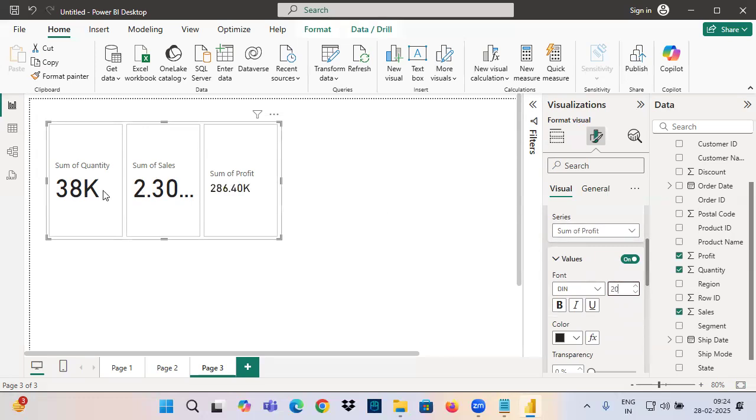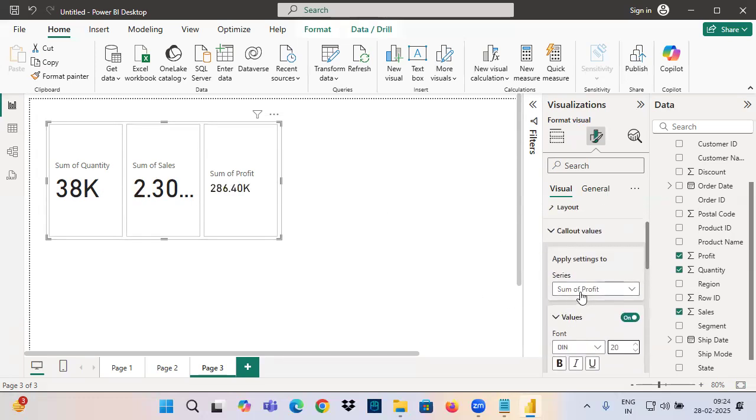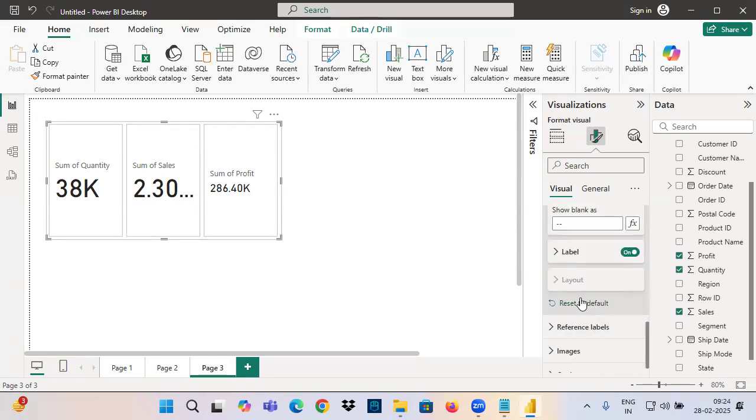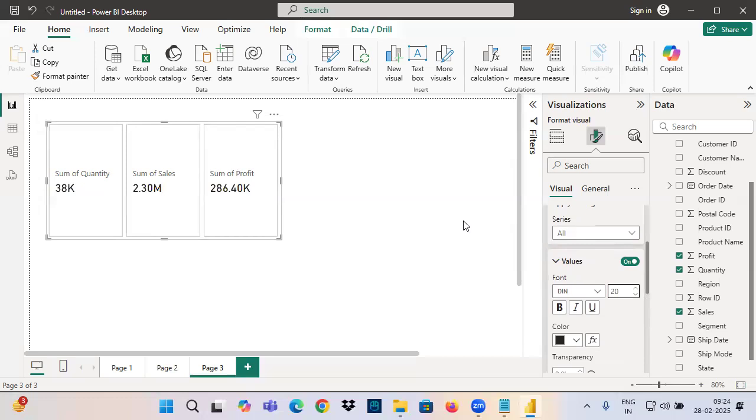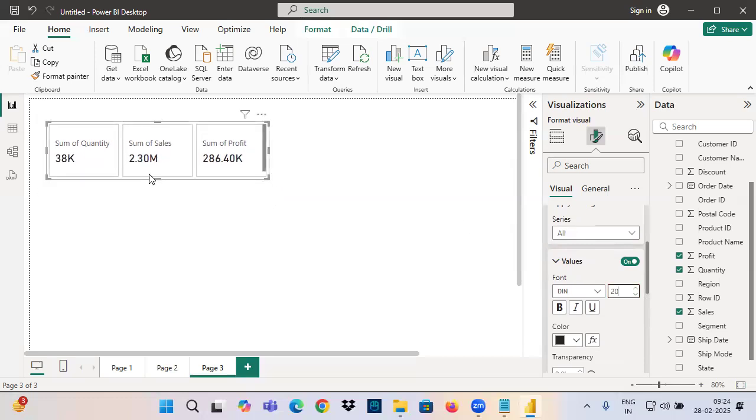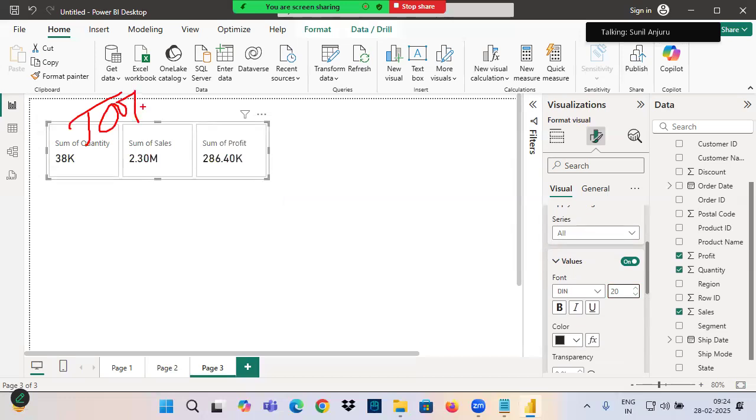Sorry, why is it changing only for profit? I don't want to change it only for profit. I want to change it for all the values. Go and select All in the series, let's make it 20. It changes to all. Now, when I hover here, in the tooltip,